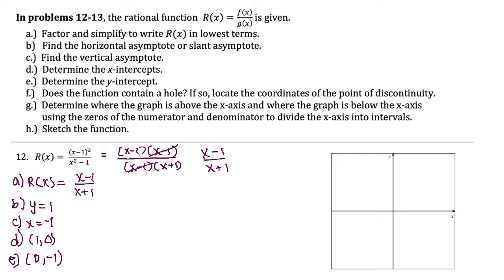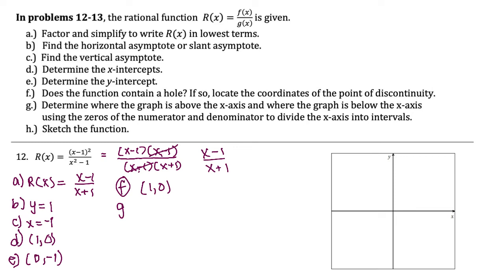Part F is going to be 1, 0. We've got a hole. Remember, the holes are generated from where you've canceled, and then you go back and plug into the reduced form to get the y value. And then, let's see, G is going to be